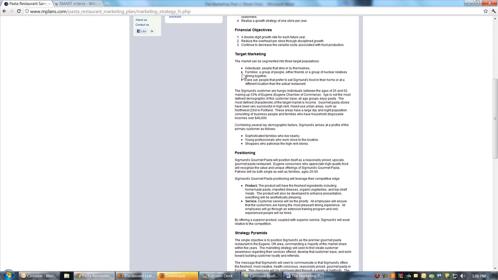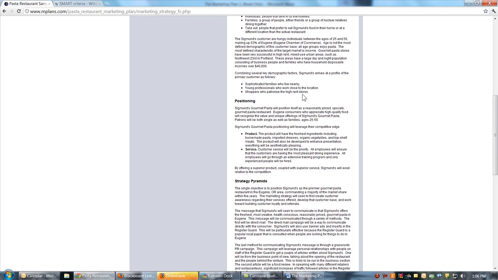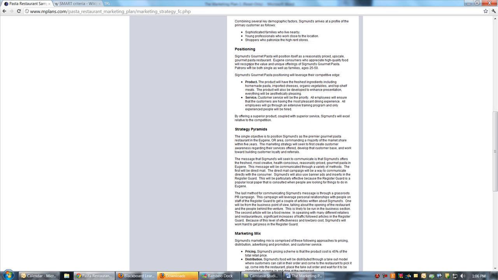Target market shouldn't be new to us. Here's how we can segment the market. Here's the way we divide up our customers. It can be geographic, it can be age, it can be any of a variety of different things. And positioning here is a concept associated with the place that we occupy in customers' minds.